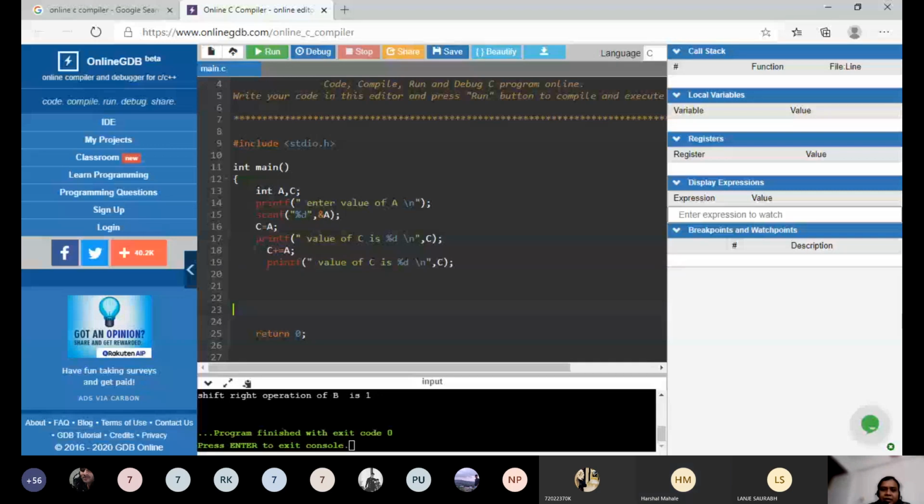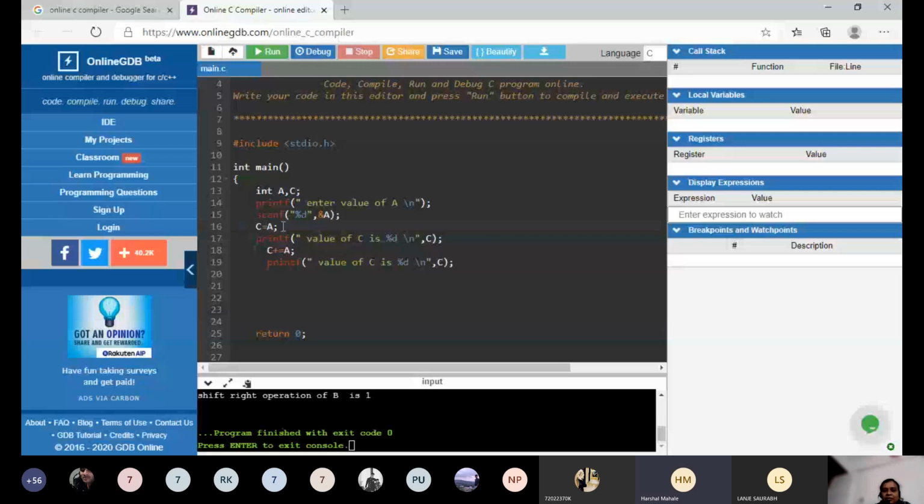Yes, ma'am. Now if I take the value of A from the user as 3, okay, value of A is 3. And if I write this command C equal to A and after that C plus equal to A, what answer should I get? What value will you get for C in the first command? 3.